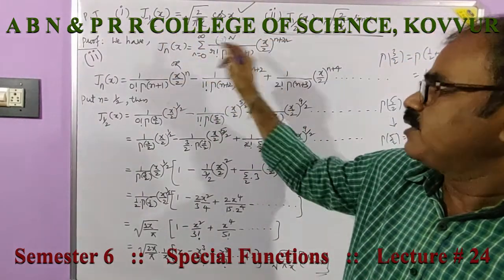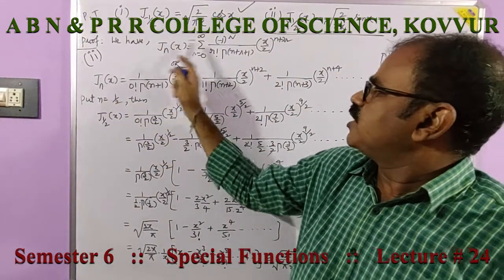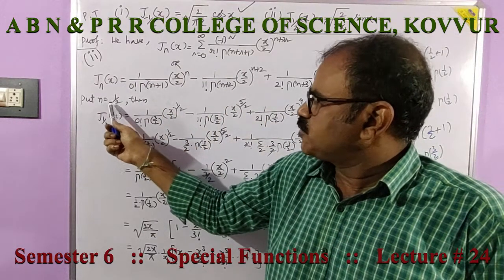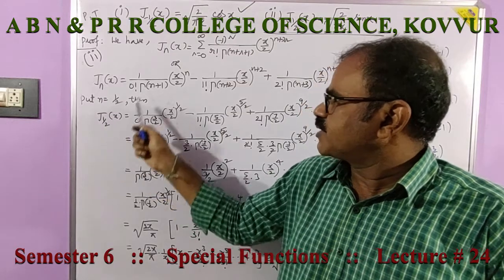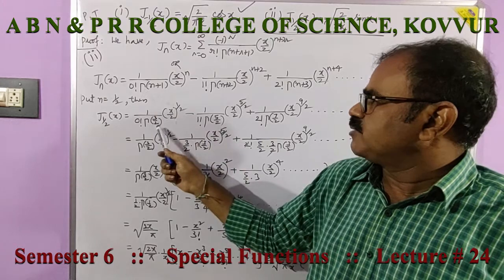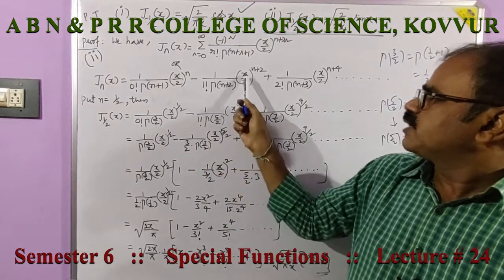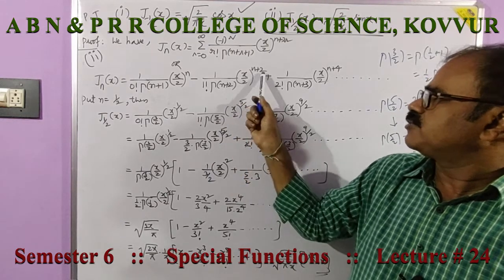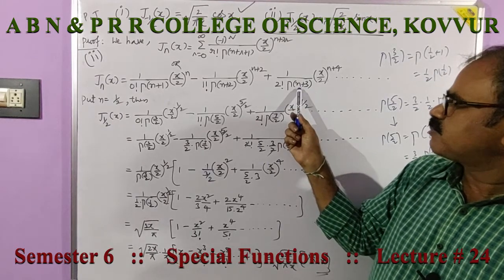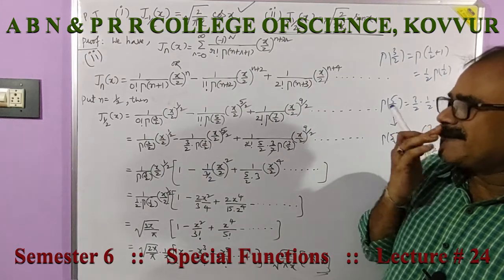In the similar way we put 1 by 2 in place of n, jnx is this and we write jnx in the elaborated form. Substitute n is equal to 1 by 2, j 1 by 2 of x is equal to 0 factorial gamma 1 by 2 plus 1 gamma 3 by 2 x by 2 power 1 by 2, 1 factorial gamma 5 by 2 x by 2 power 5 by 2, 1 by 2 plus 2 is 5 by 2, same way 1 by 2 factorial gamma 7 by 2, this is 3 plus 1 by 2, 7 by 2, x by 2 power 9 by 2, 1 by 2 plus 4, 9 by 2.